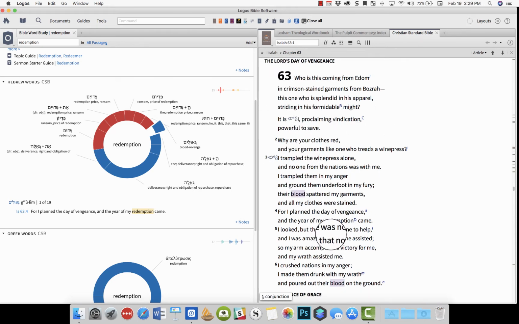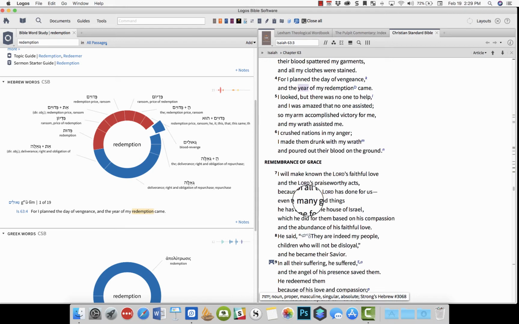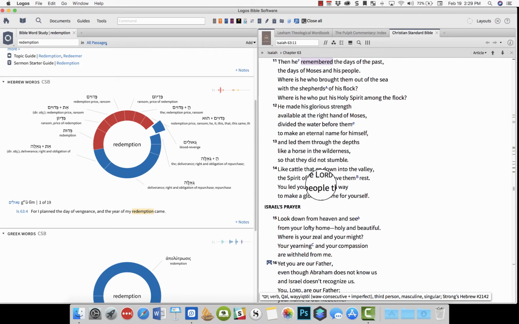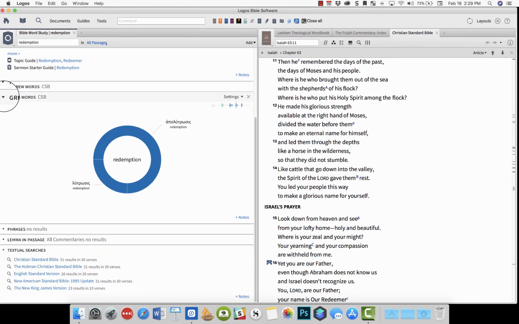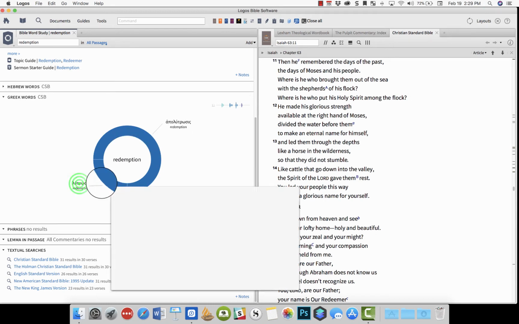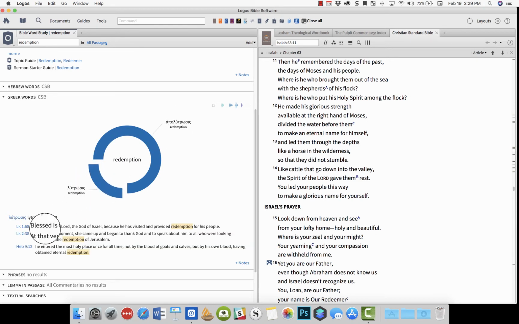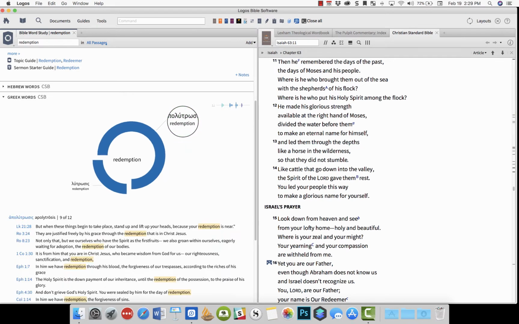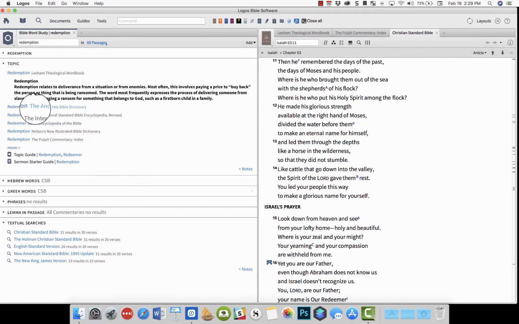I might use all four of these verses, or 1 through 6, because that's the pericope in the Christian Standard Bible. But anyway, you might do that in the Hebrew word study. You have the Greek word study, and you can find each of these words, look at them both, and see what the Bible has to say about each of these Greek words for redemption. Phrases, there's no results there. The lemma